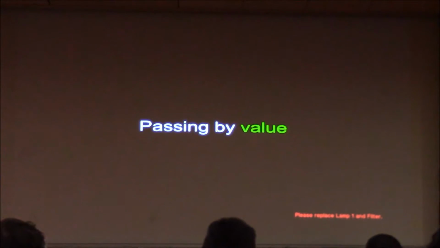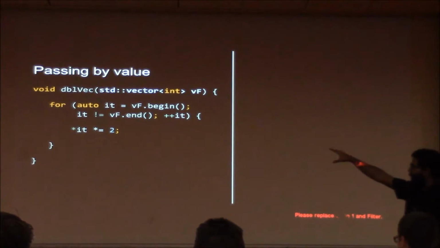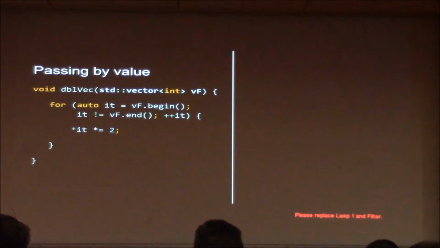So now let's understand what we mean by passing by value in C++. If we are passing any variable to another function, the default mechanism that the language uses for passing the variables is pass by value. Let's see an example of what this means. Passing by value. Let's take a few minutes to go through these three lines of code here. All we have here is a function called dblvec. It just stands for double the vector, and it takes in a vector of integers as input,